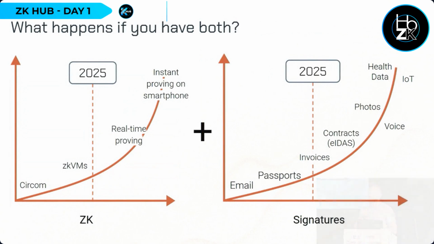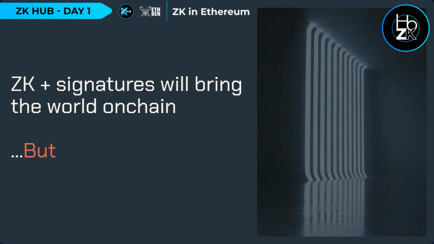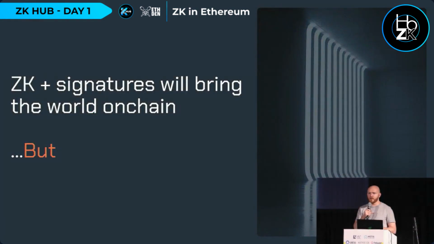And so what happens in a world in which you have both ZK on the one end going real time and signatures becoming commonplace? Well, the thing is that something that's signed can be basically trustlessly brought on-chain with ZK. And so you can bring this whole new class of real-world assets on-chain that you can now trustlessly operate with, and that enables new kinds of applications. But you really can't do this on existing blockchains all too well, either the L1s or the L2s.